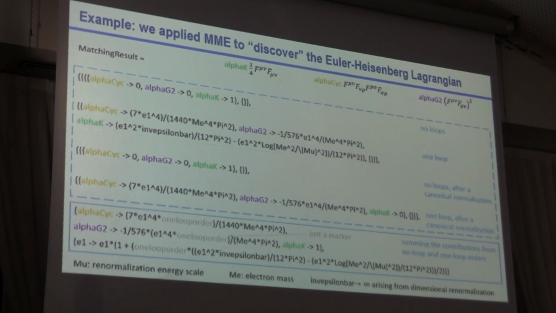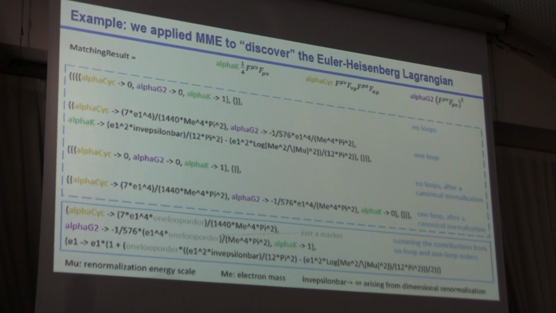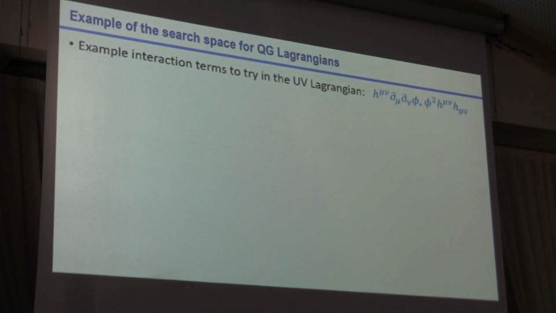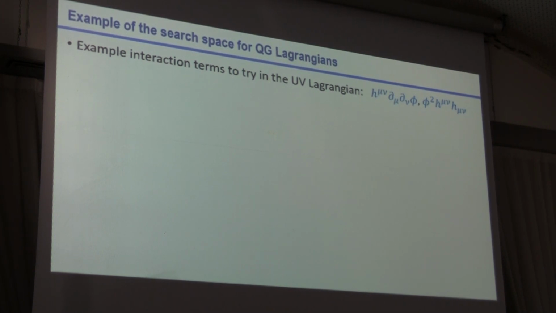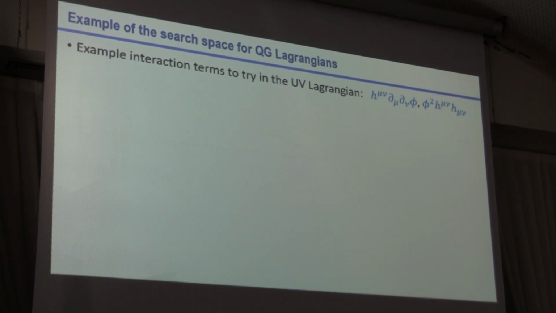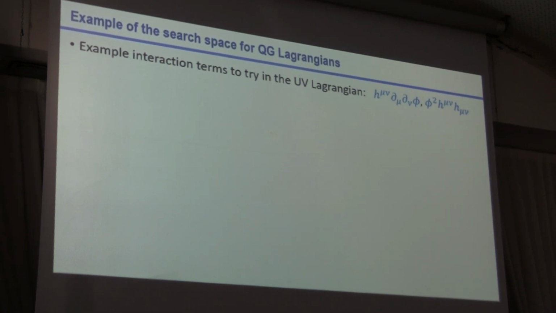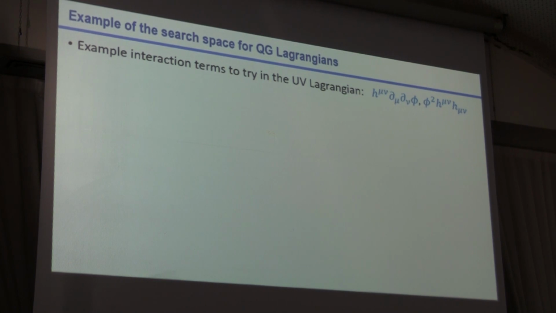The method works, but of course now we need to apply it much broader, much wider, and we're working with them on making their tool relevant for spin-2. But I think there's a few questions that have been asked about it, and I want to touch on them because I think they are very important to understand what's the space of Lagrangians we want to search over. Right, this is a pretty important question to figure out. What's the space of Lagrangians that are even worth looking into?